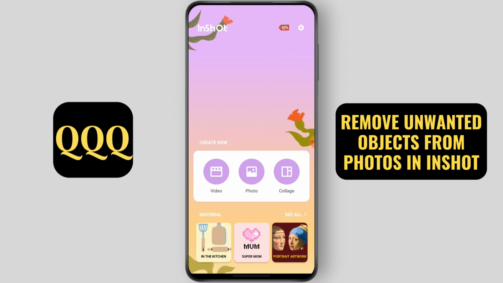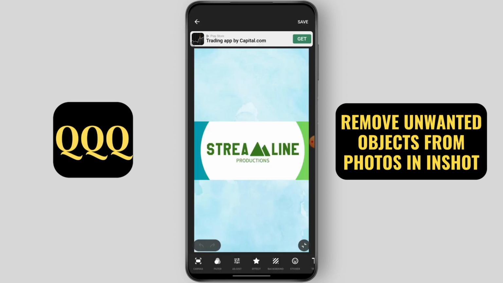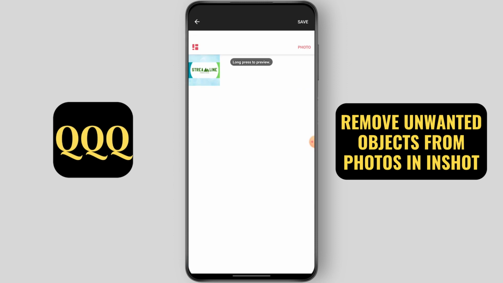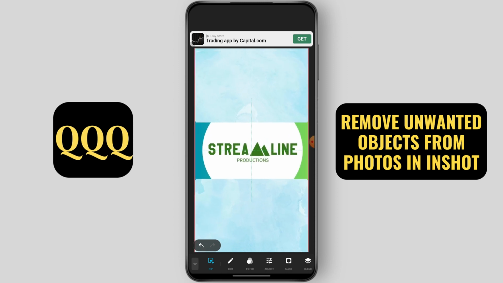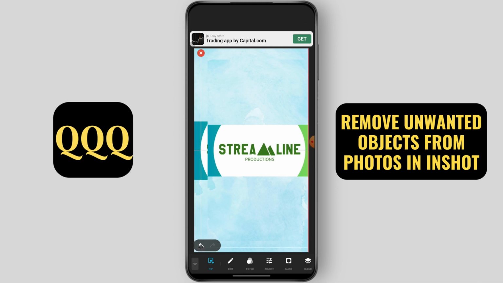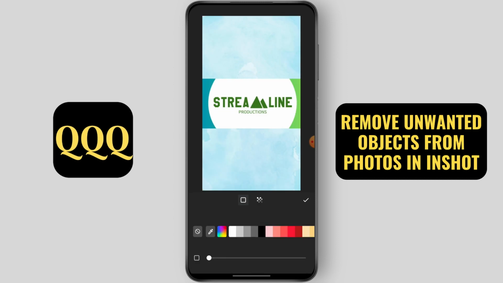Open your InShot application, then import a photo, then tap on this PIP option, add the same photo, fit it to the frame like this, then tap on edit,